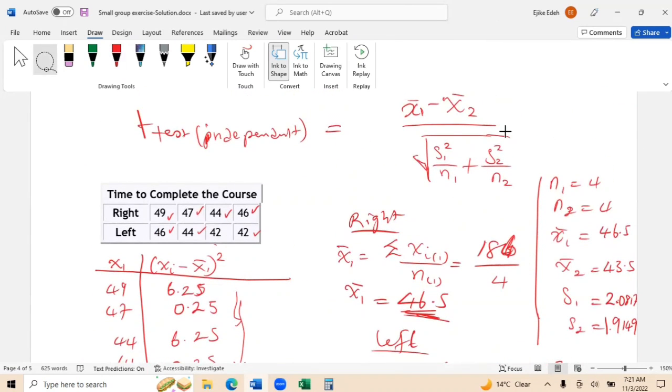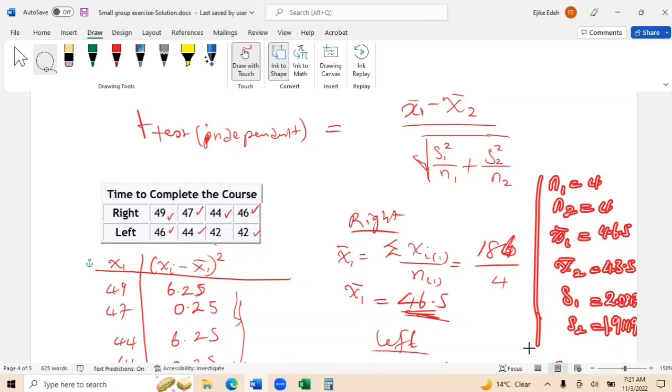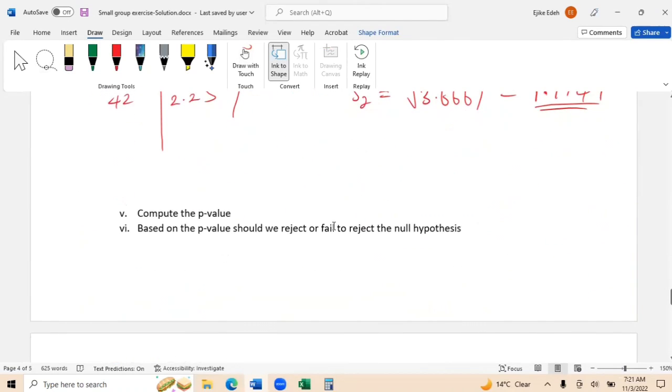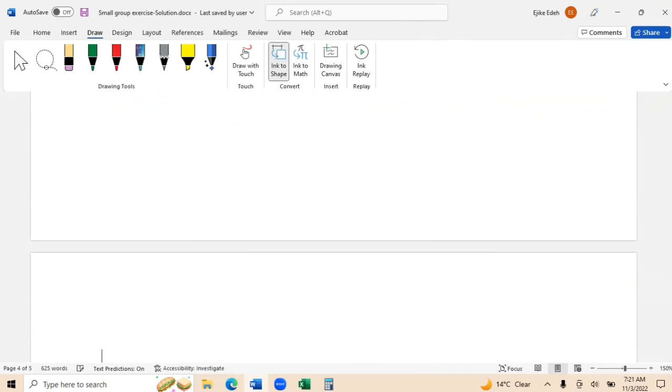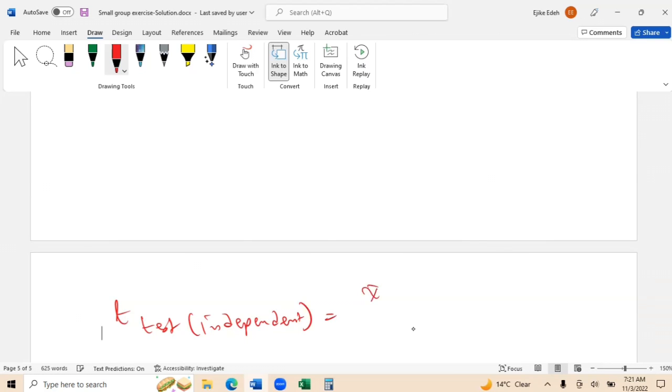I'm going to pick this up and take it to the next page so we can work with it. We're trying to find the test statistic. So the t-test statistic for independent samples is given as the mean of group 1 minus the mean of group 2, divided by the square root of